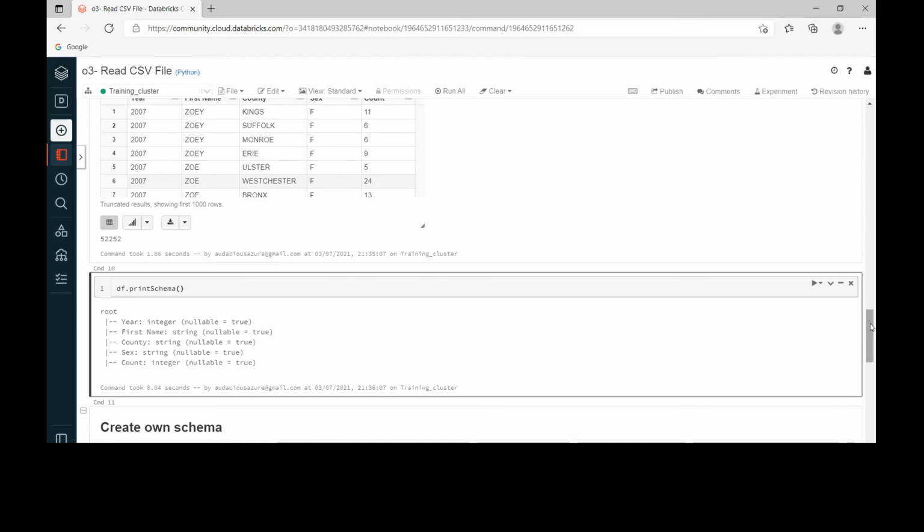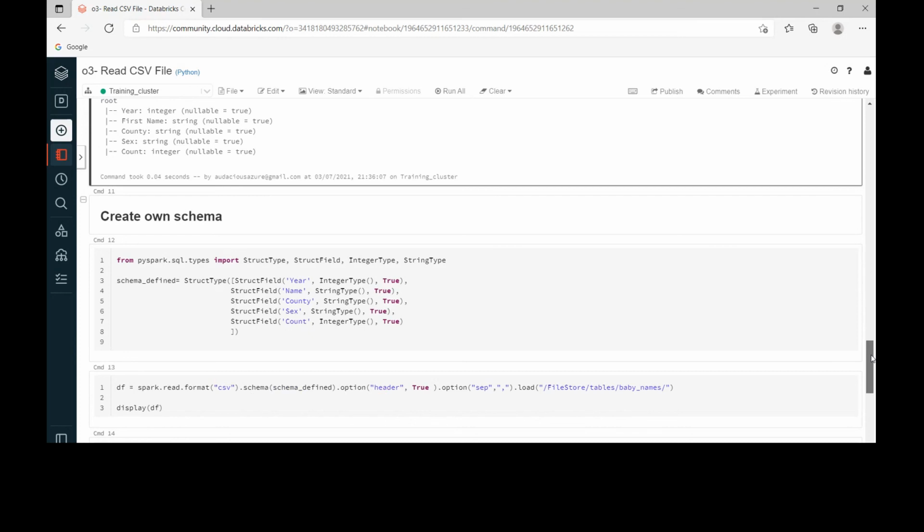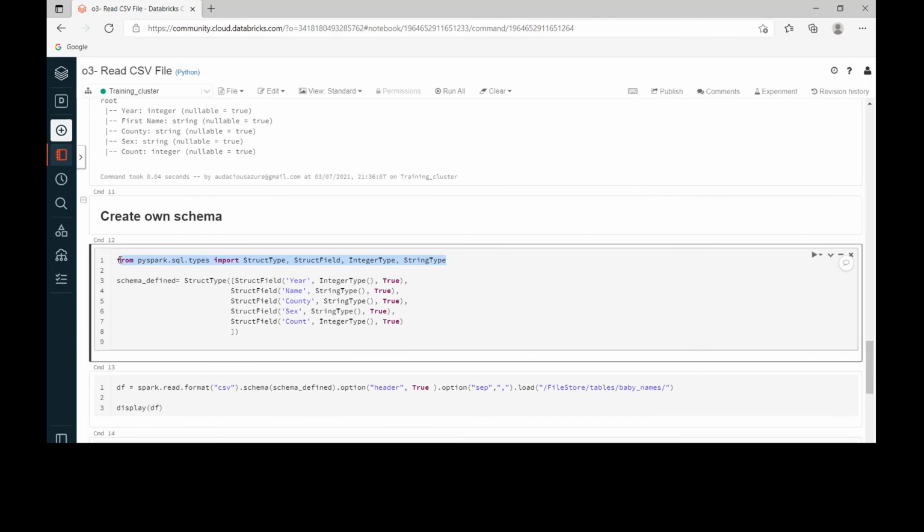But as I told you earlier, we can create our own schema. For that, there are two different syntaxes I have shown. First, we are going to use StructType and StructField. For that, we have to import certain libraries from pyspark.sql.types. I have already done this in this command. I am creating schema_defined, the variable where I am holding the schema.